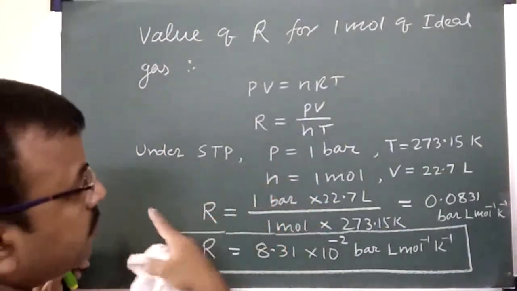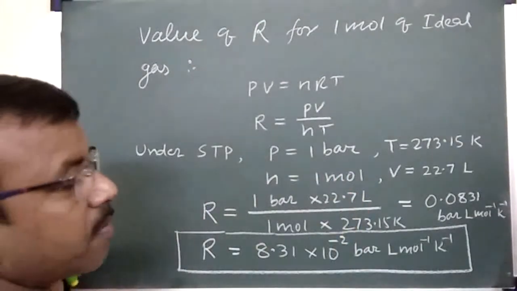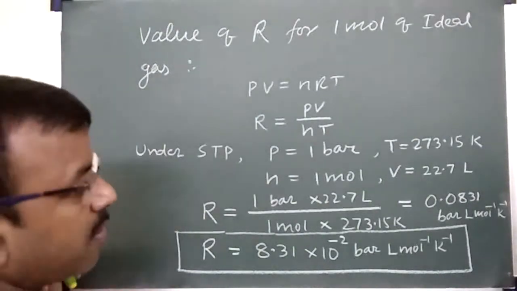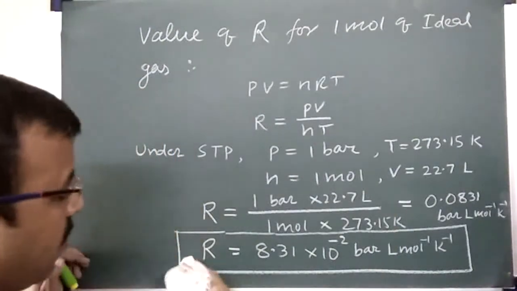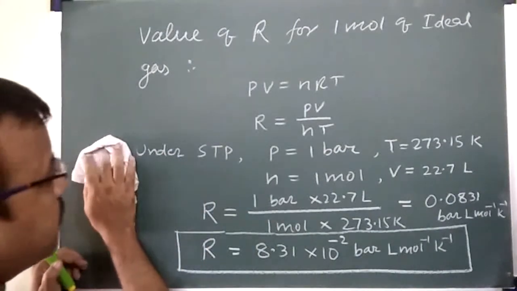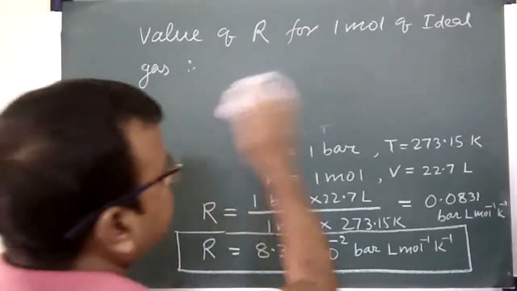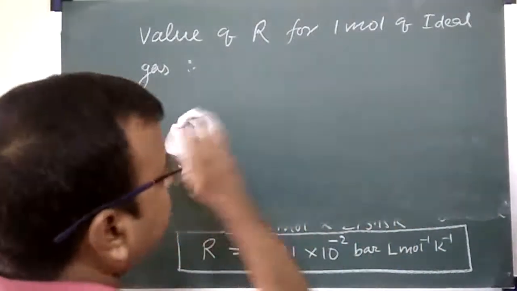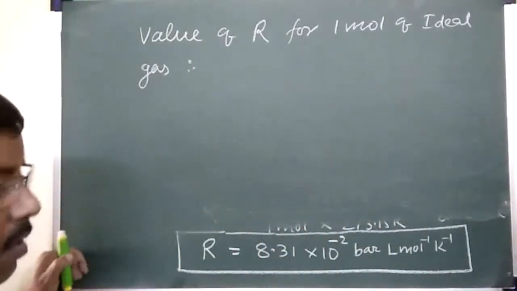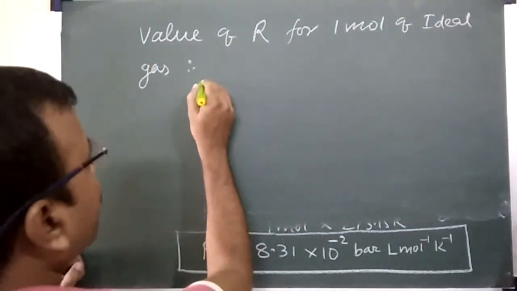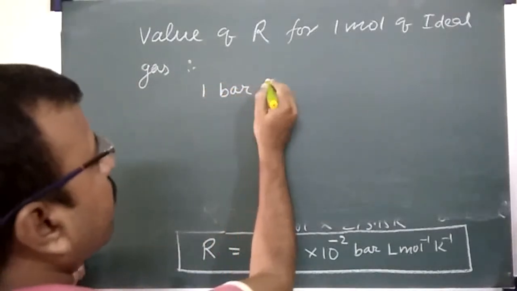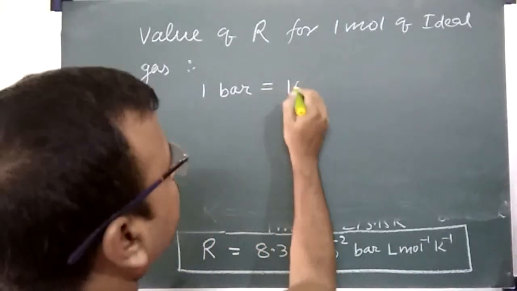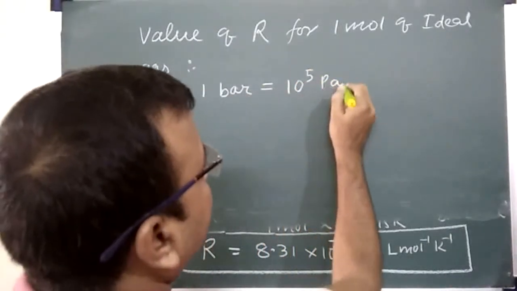Now here you see, in place of bar, if we use the SI unit of pressure, that is Pascal, what would be the value of R, we will calculate. First you see 1 bar, what is the relation? 1 bar is equal to 10 to the power 5 Pascal, and you know that